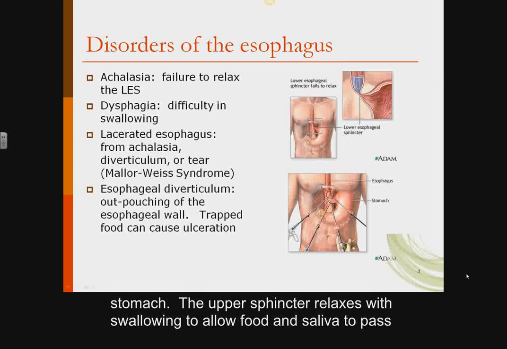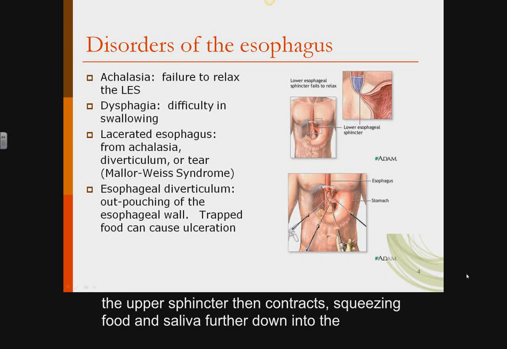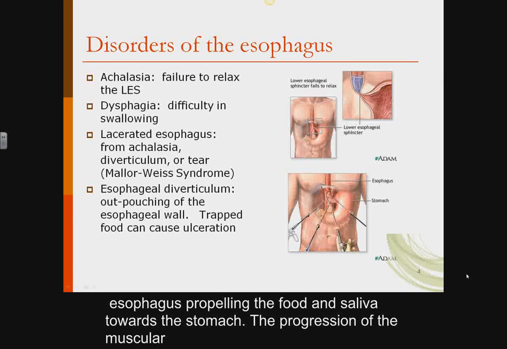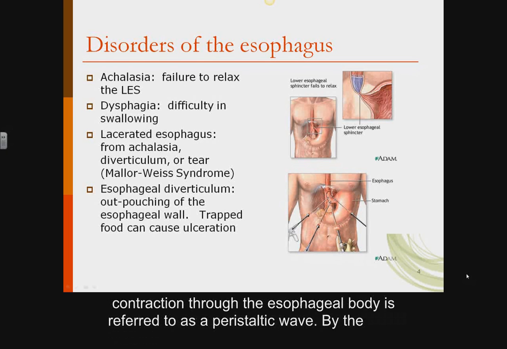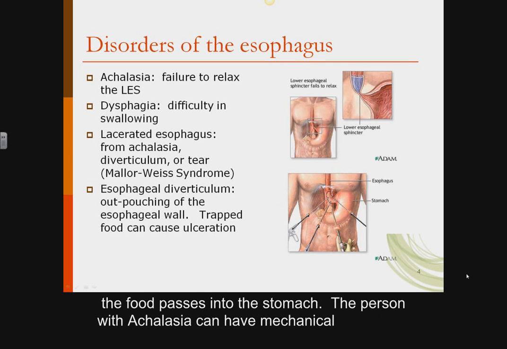The upper sphincter relaxes with swallowing to allow food and saliva to pass from the throat into the esophageal body. The muscle in the upper esophagus, just below the upper sphincter, then contracts and squeezes food and saliva further down into the esophageal body. The ring-like contraction of the muscle progresses down the body of the esophagus, propelling the food and saliva towards the stomach. The progression of the muscular contraction through the esophageal body is referred to as a peristaltic wave. By the time the peristaltic wave reaches the lower sphincter, the sphincter has opened and the food passes into the